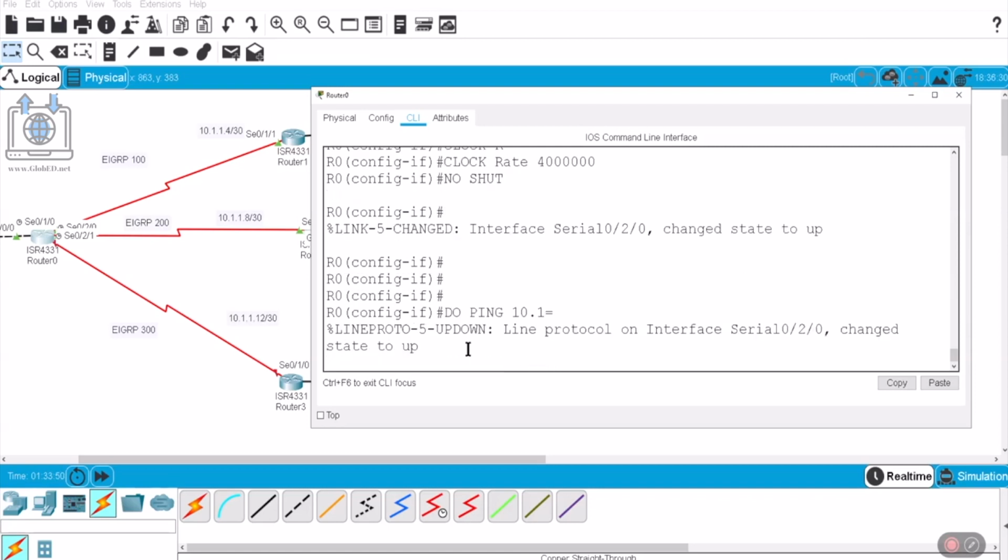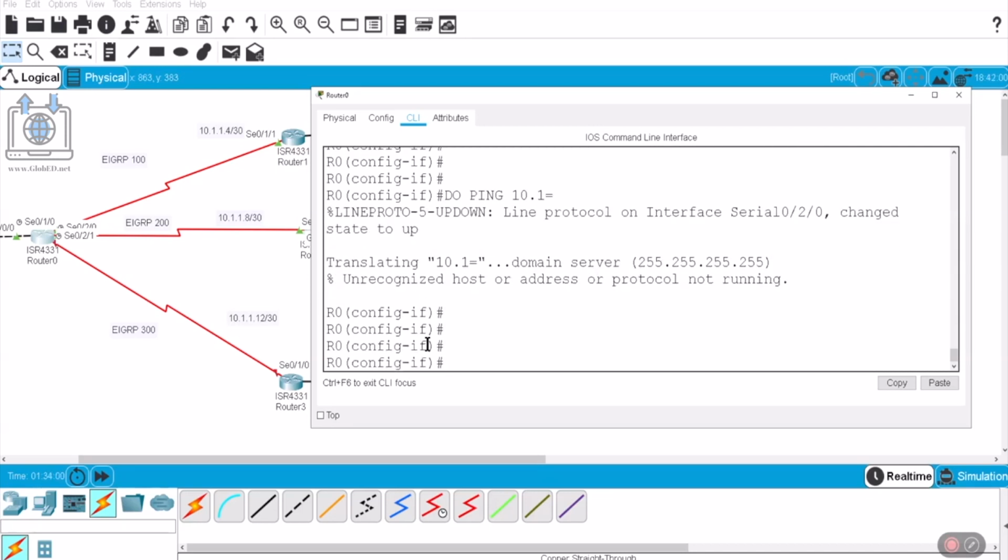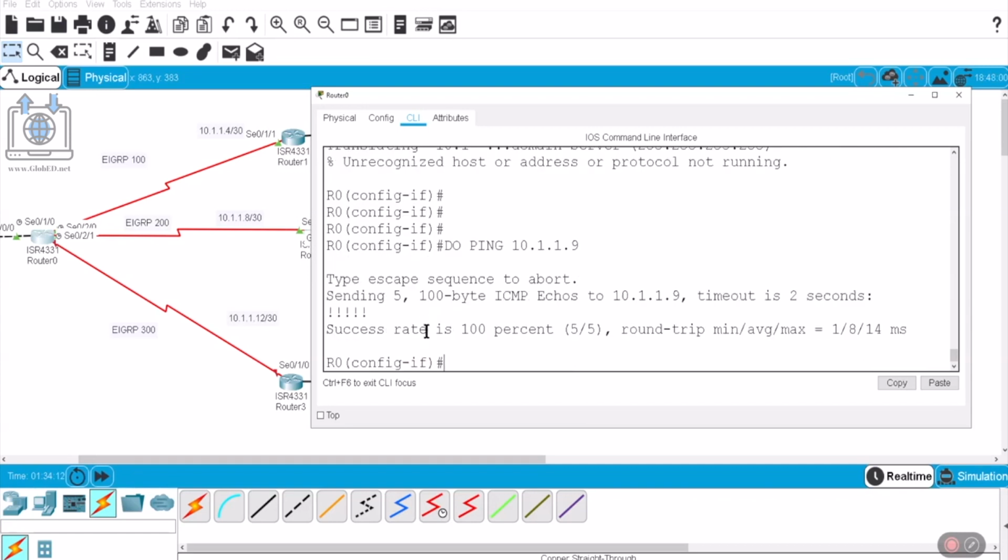10.1.1.9. Not equal sign. Control Shift 6. What's going on here? 1.1. Where am I? Okay, I need, it's 9. Okay, lovely. All right, and then the last one, interface